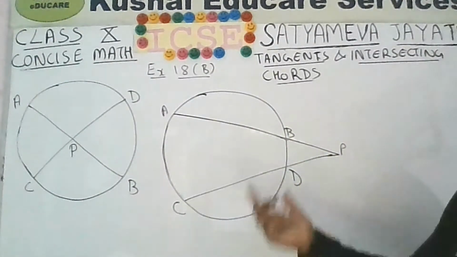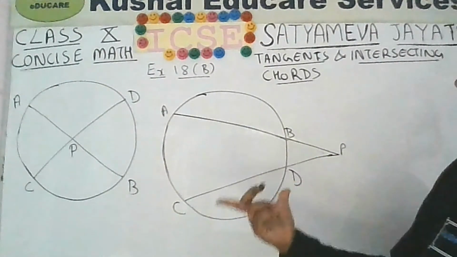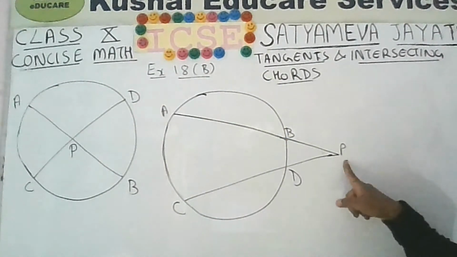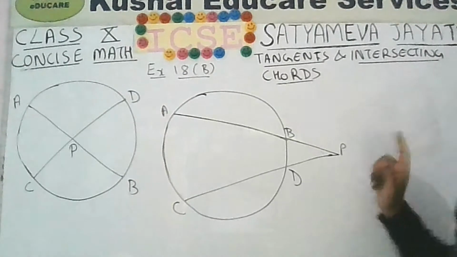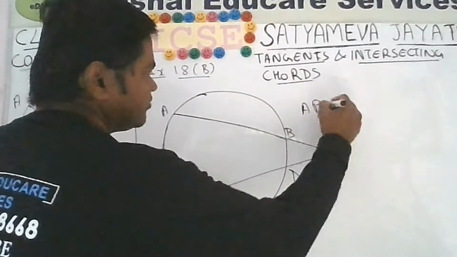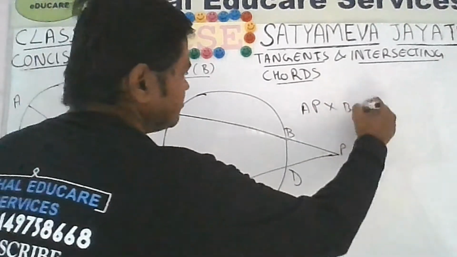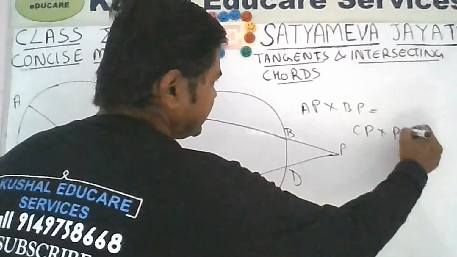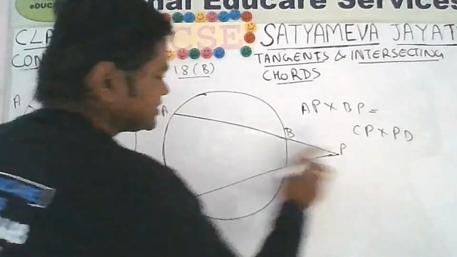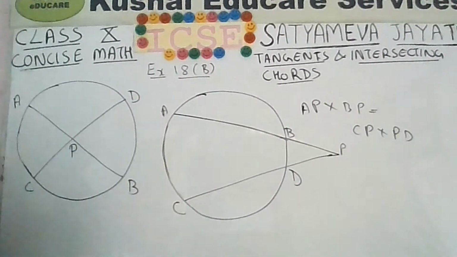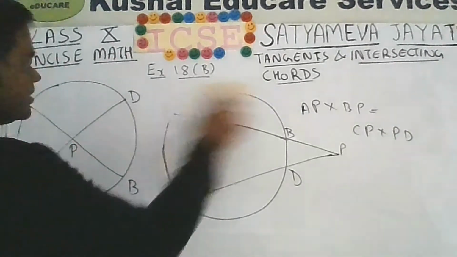Similarly here, what you will say? We will say that AP into BP, P is the point of intersection. Okay, so if you want to write, it will be like this: AP into BP, this will be equal to CP into PD, where P is the point of intersection of the two chords internally or externally. Okay, then another theorem that you will be requiring,